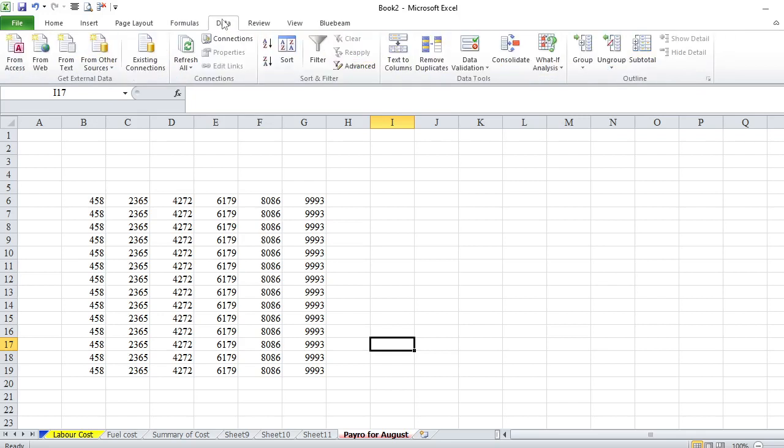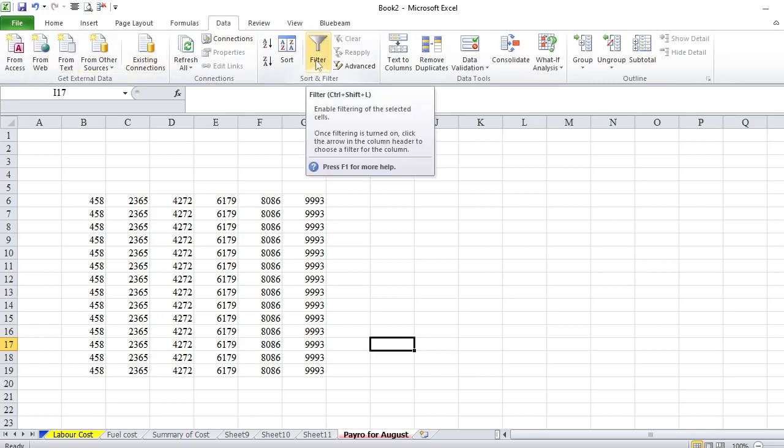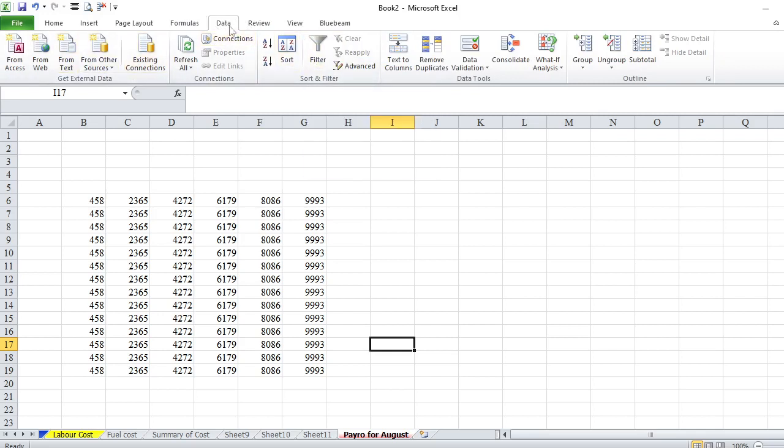This is Data. All this is about how to manipulate your data. The powerful commands are here under the Data tab. This is one of the most important for you, because you have to manipulate your data.